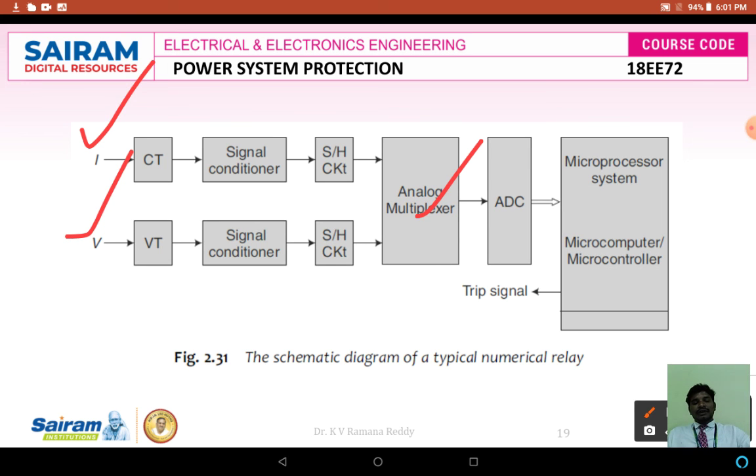We again compare these two signals, the actuating quantities of fault current and fault voltage, through the analog multiplexer, and give them to an analog to digital converter. We convert the analog signal into a digital signal; that means through proper rectifier circuits we convert the AC signal into a DC signal, and then convert the DC signal through data acquisition systems into the form of ones and zeros. Finally it is processed through a predetermined program in the microprocessor system, and we can generate the command signal or tripping signal to the circuit breaker to isolate the faulty section of the system from the healthy section. So this is a simple basic block diagram for a better understanding of the concept and how a numerical relay performs. Thank you.